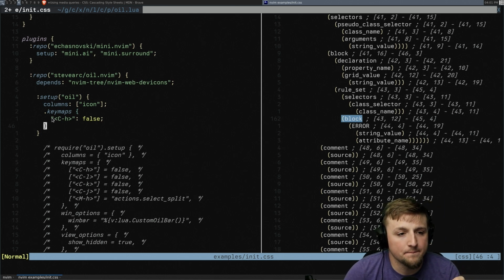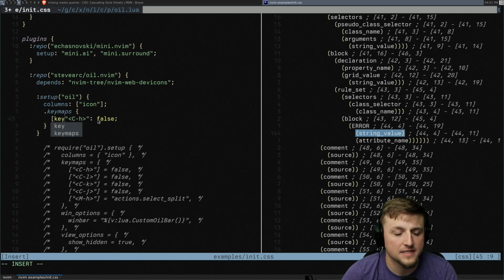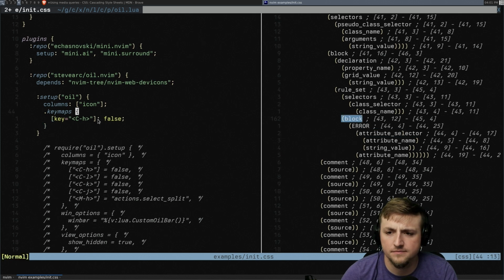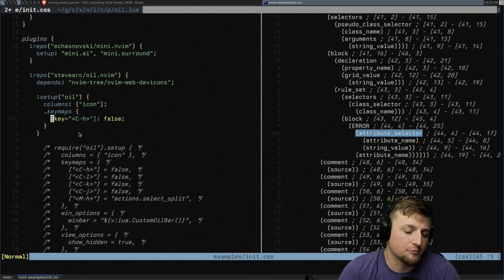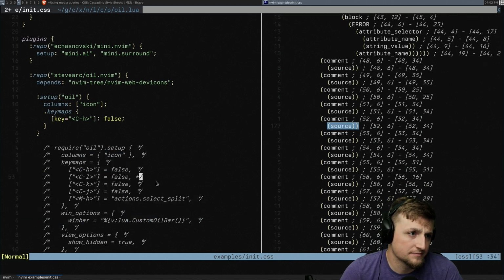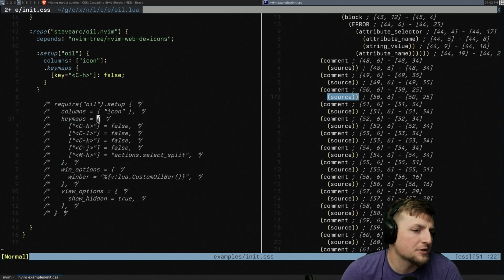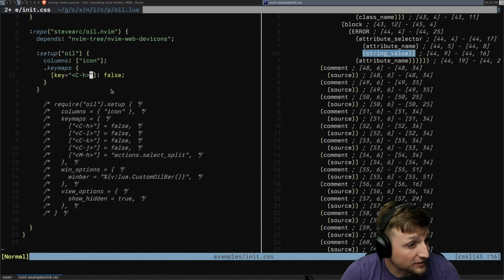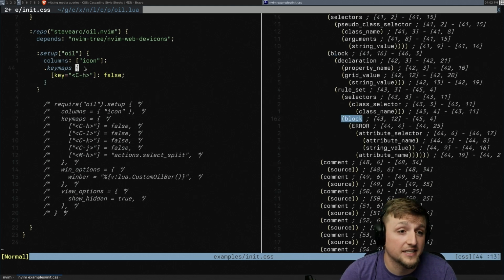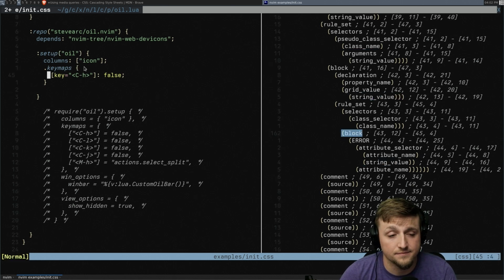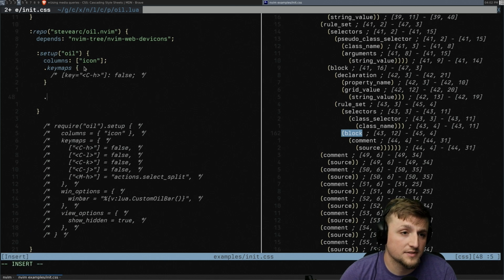Use regex on property name. We can do this, right? Attribute selector? No. No, that doesn't work. I mean, we can do more nesting. Yeah, but we have to be able to make tables. You know what I'm saying? If we can't make a table, then we're pretty screwed. Like, maybe we can use a list with like tuples. You know, like maybe we can say something like, you know, keymaps. And we can do something